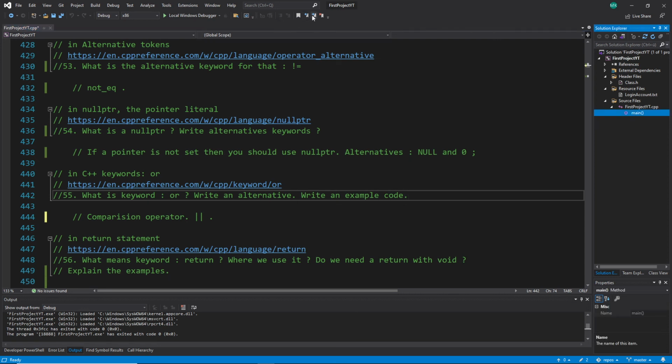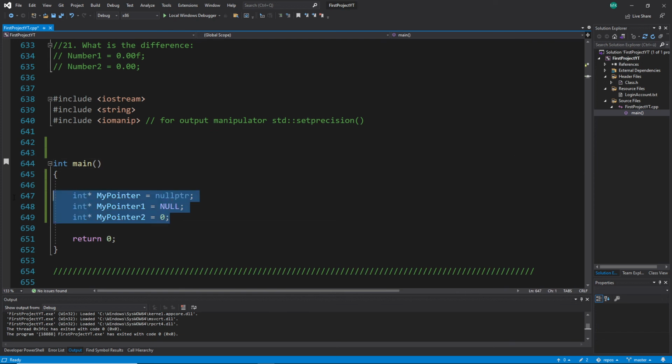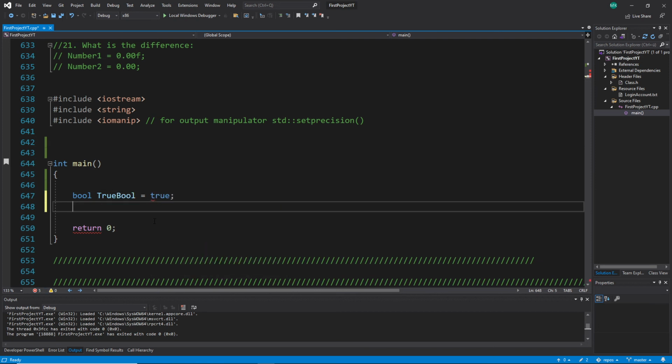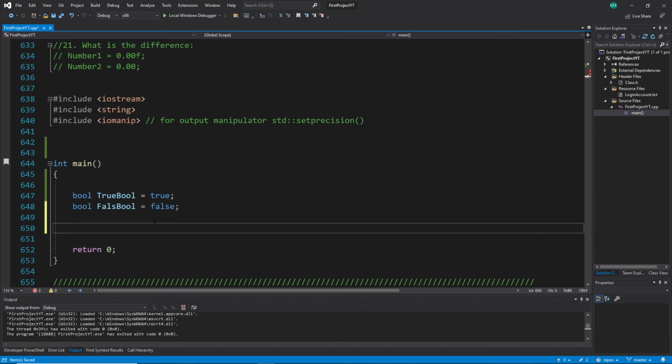Okay, let's jump to our main. Let's write an example. Let's make a very simple example. I write here bool, my true bool, and I set it to true by default. And I write again a bool, false bool. Very creative example here. That's so creative. And then I say, okay, if